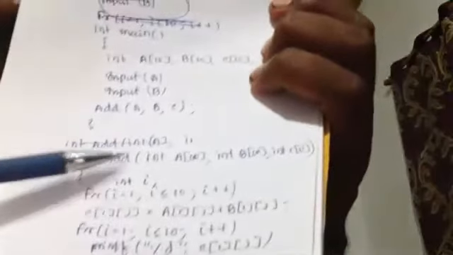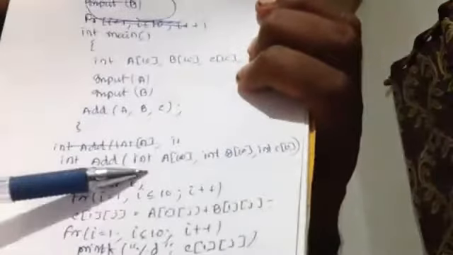The array is taken from this argument int A, int B, int C. So array A, B, C is taken from this. But for loop i is there, so I declared int i over here because i is not available here. Now you see C[i] is equal to A[i] plus B[i], then display the result. After that, no return. It's clear. No return. Why? Because you are returning how many values? More than one.